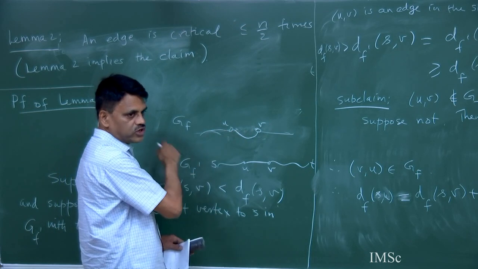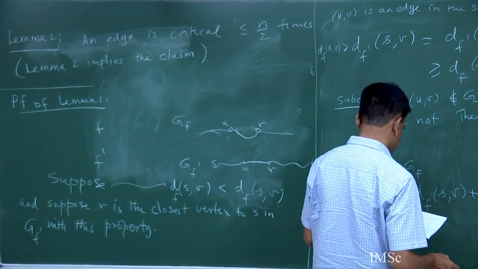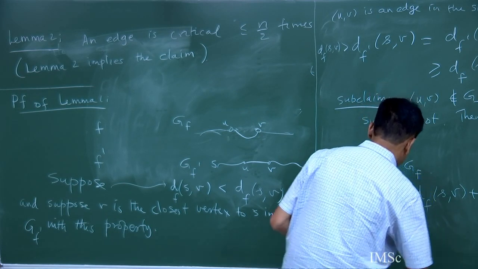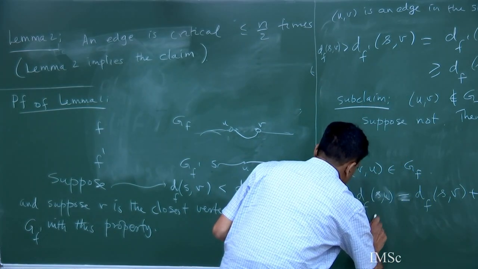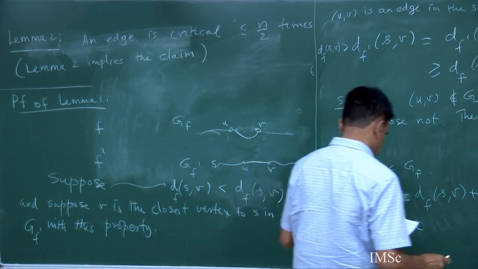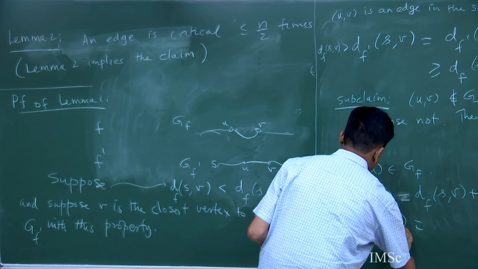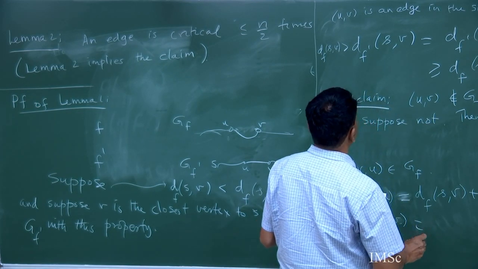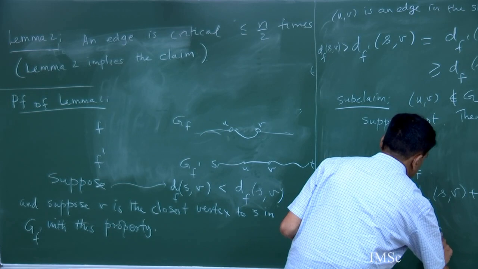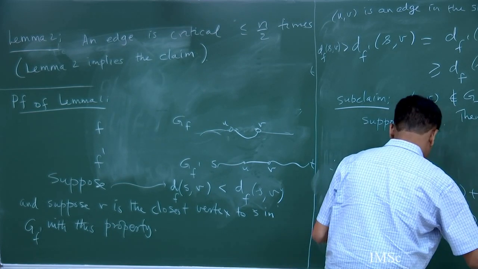We are always doing shortest path augmentation. So df SU is equal to df SV plus 1, and df prime, which we have here, is greater than or equal to